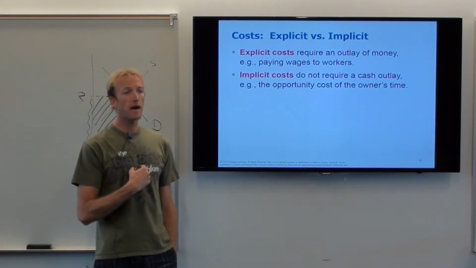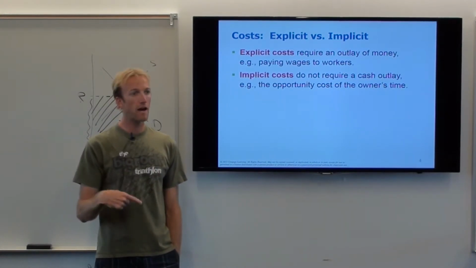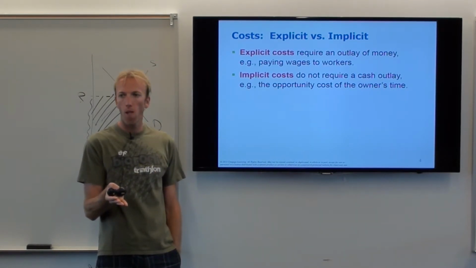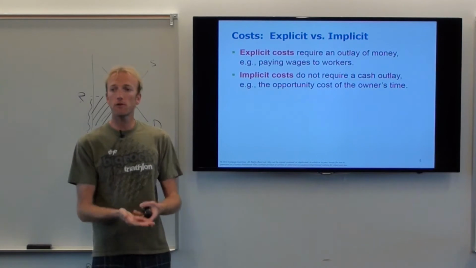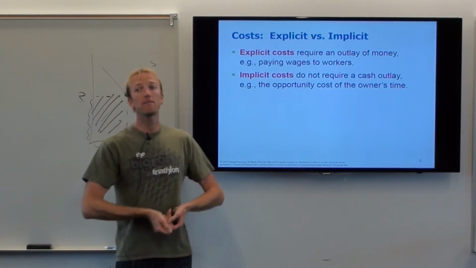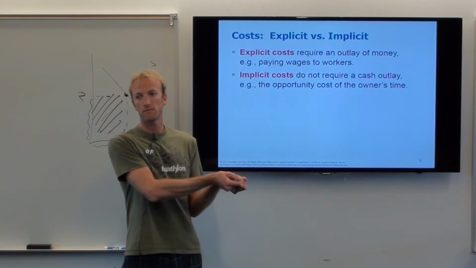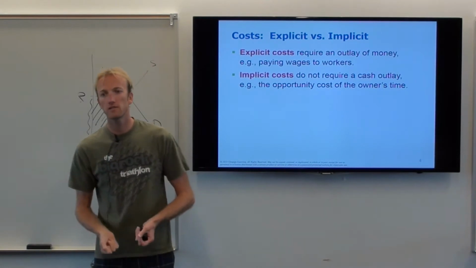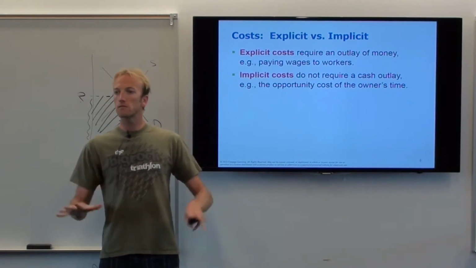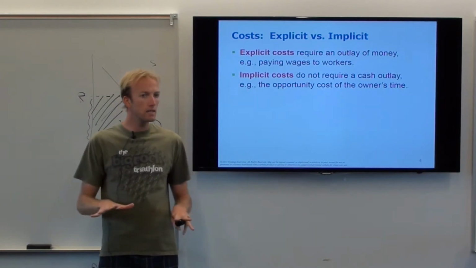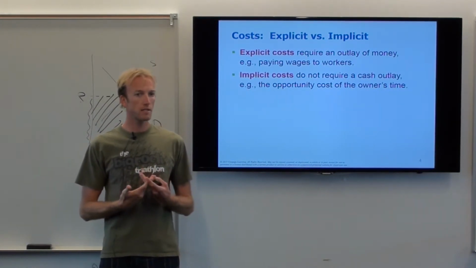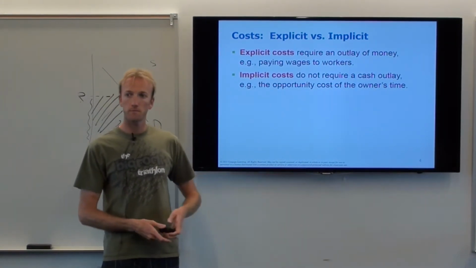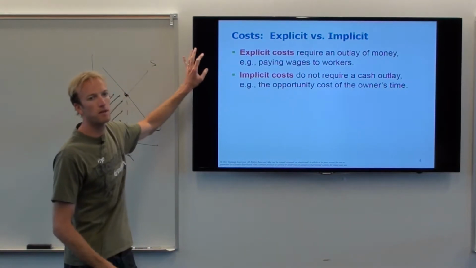If I own a factory and I'm working in the factory, I don't have to pay myself if it's my factory, right? But I have to remember that every hour that I'm there at the factory, I'm giving up an hour working someplace else. It's an opportunity cost, right? So even if I come to my factory, and even if I'm just managing, and I'm not drawing a salary, it's still a cost. I'm still costing the hours that I'm there because I could be working somewhere else. Okay? So this implicit cost, everybody always forgets about.